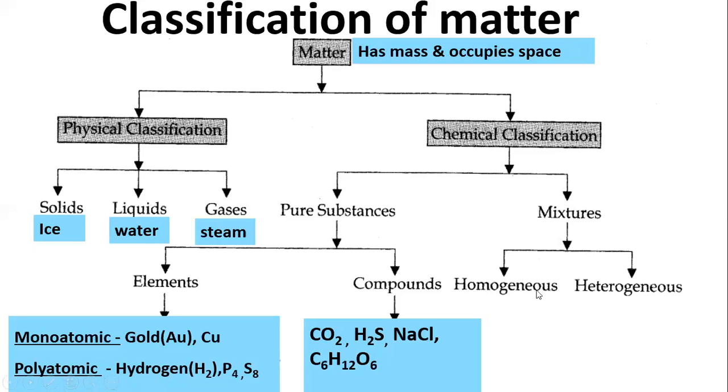So homogeneous mixture means it is made up of the same phase. It is in the same phase or else in a similar kind or the same kind of nature. That is said to be a homogeneous mixture. For example, tea, coffee, then green tea, milk. See here, if we take milk, I am adding sugar in that milk. Milk is in liquid phase. Now I am adding sugar. Sugar is in solid state. Now what happened? They both dissolve with each other and then we are getting a milk.